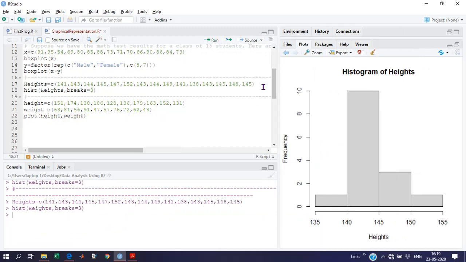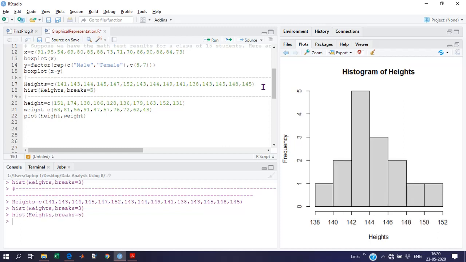Now when we increase the number of breaks, for example to 4 or 5, it will increase the number of groups: 138, 140, 142, and so on.